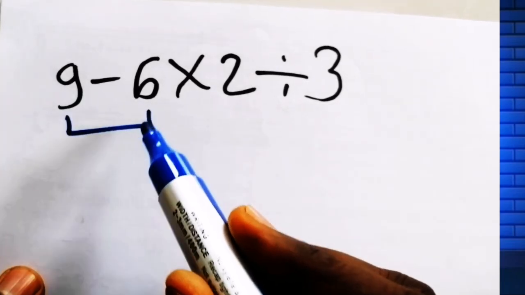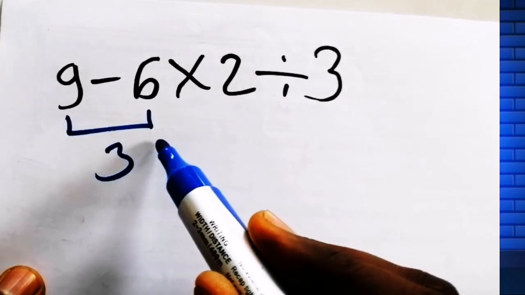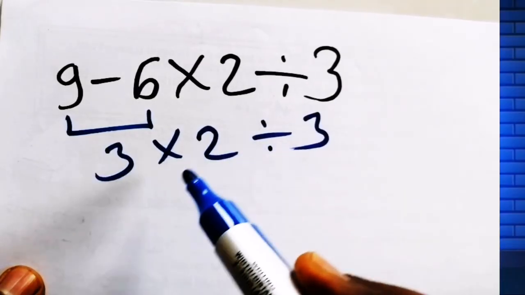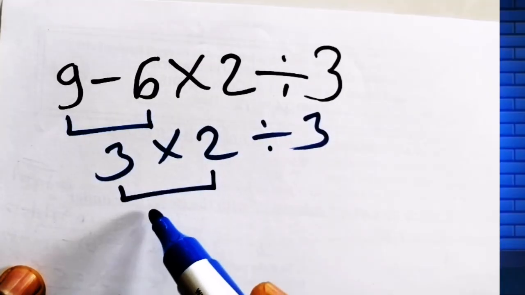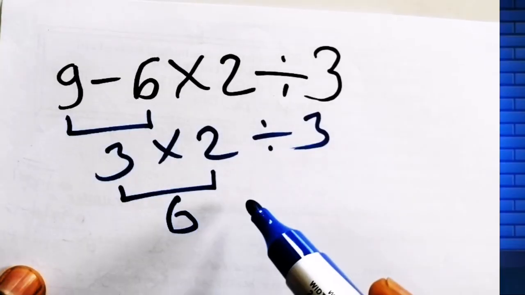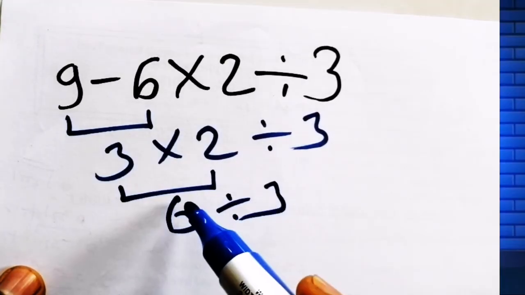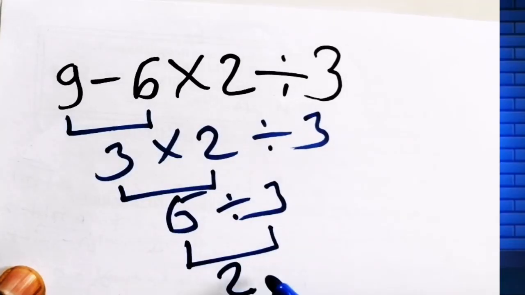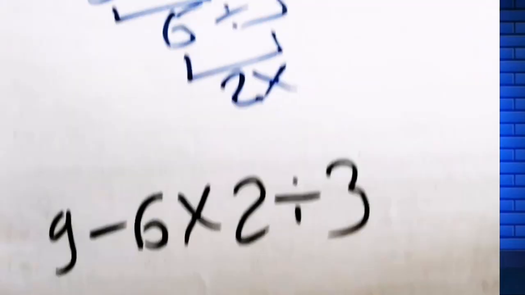9 minus 6, which equals 3. 3 times 2 divided by 3. Then 3 times 2, which equals 6, and divided by 3. 6 divided by 3, which equals 2. But this answer is not correct,